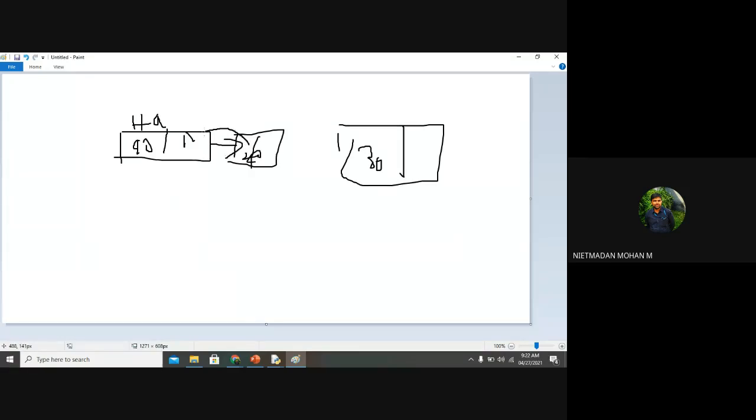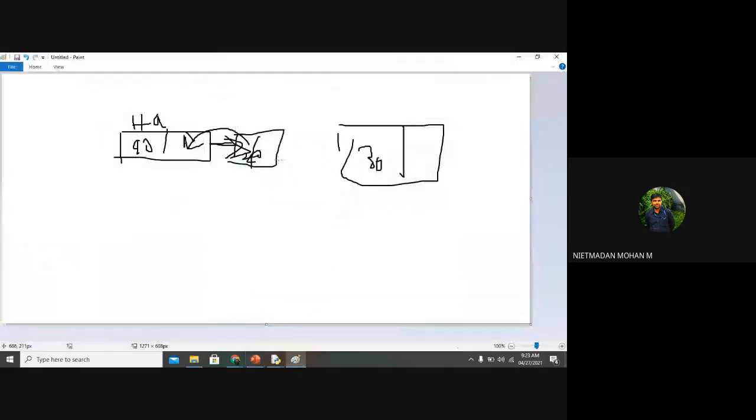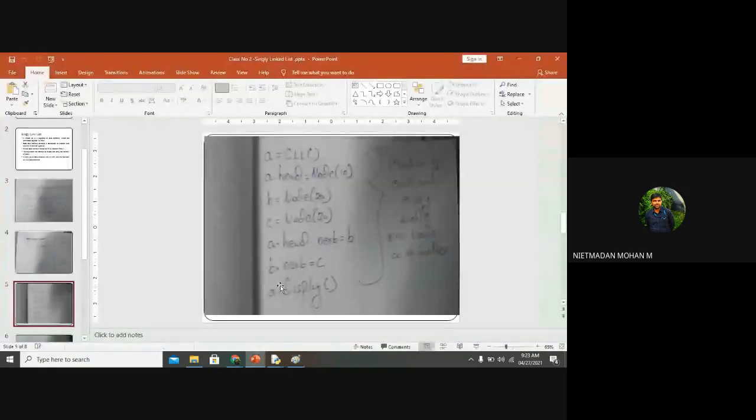So this memory allocation will be allotted here and this linked list has been created. So for this purpose, a.head.next is equal to b. After a, the b will be represented, and you see the second last line, b.next is equal to c. So after b, this c will be generated and the linked list has been created. And after c, we have not given any node, so it will be null.